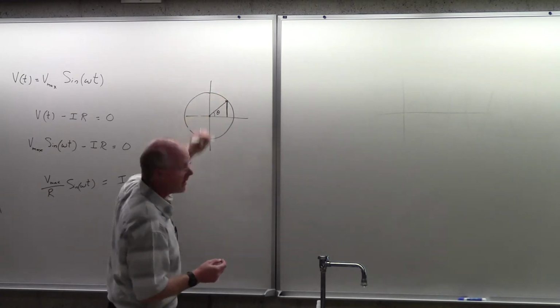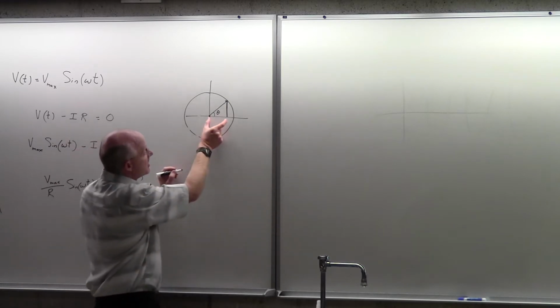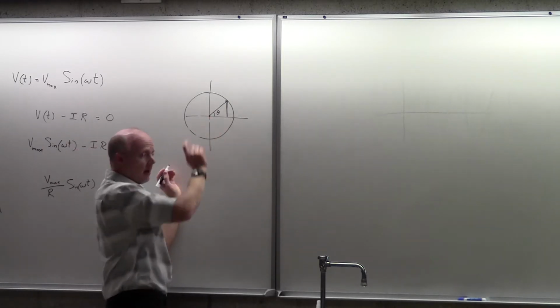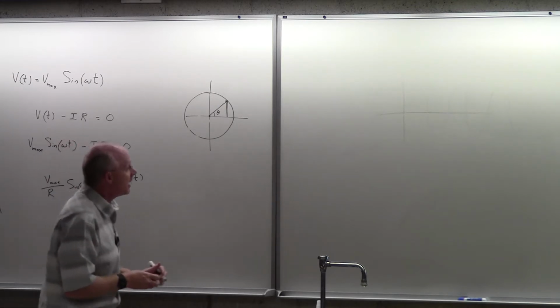Isn't it how tall it is right there? Right? And the cosine would be represented by how far it's out here, right? Now, I don't want to go down that road. I just want to focus on the sine function. And so,